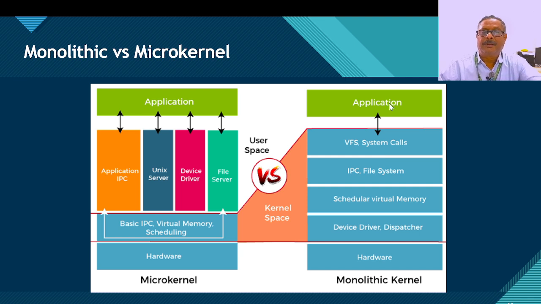Only the application is in the non-privileged mode. Whereas in the microkernel, only the microkernel is in the privileged mode, all others are in the user mode, and hence any disturbance